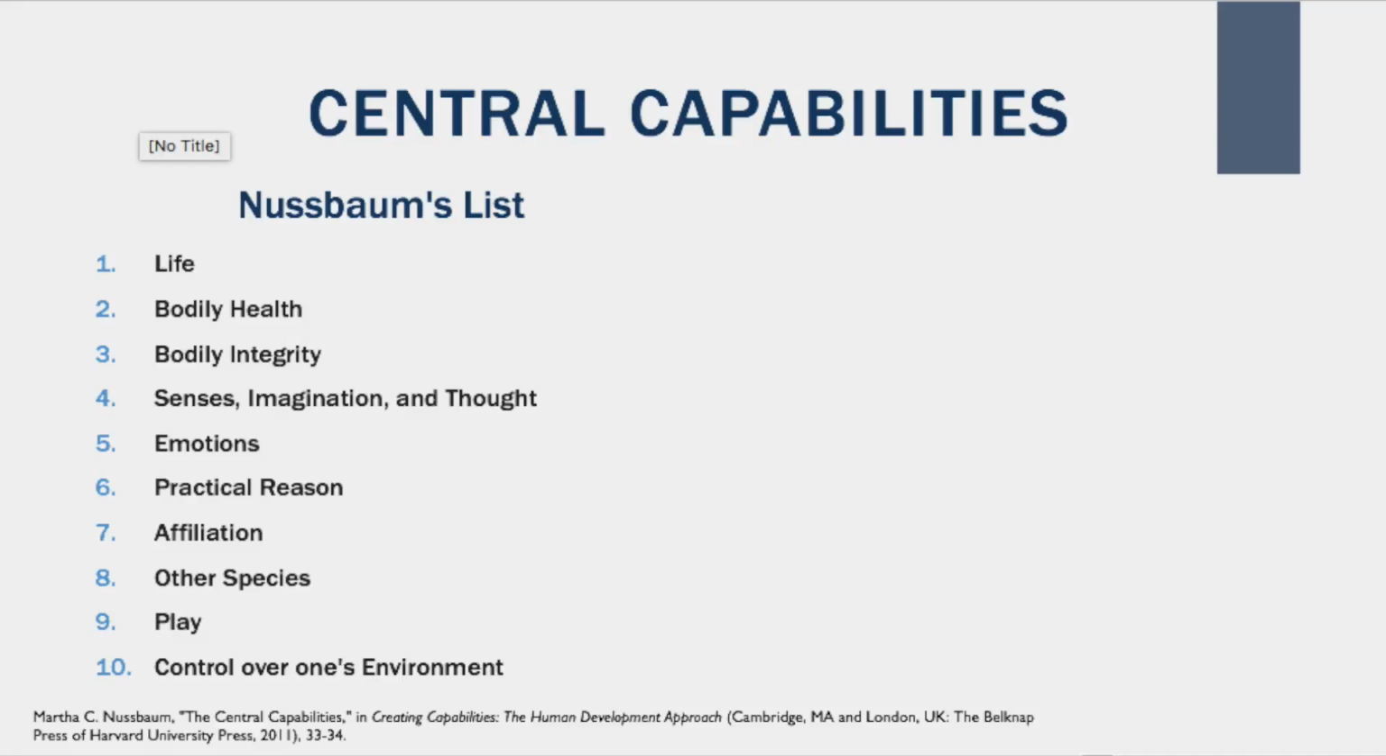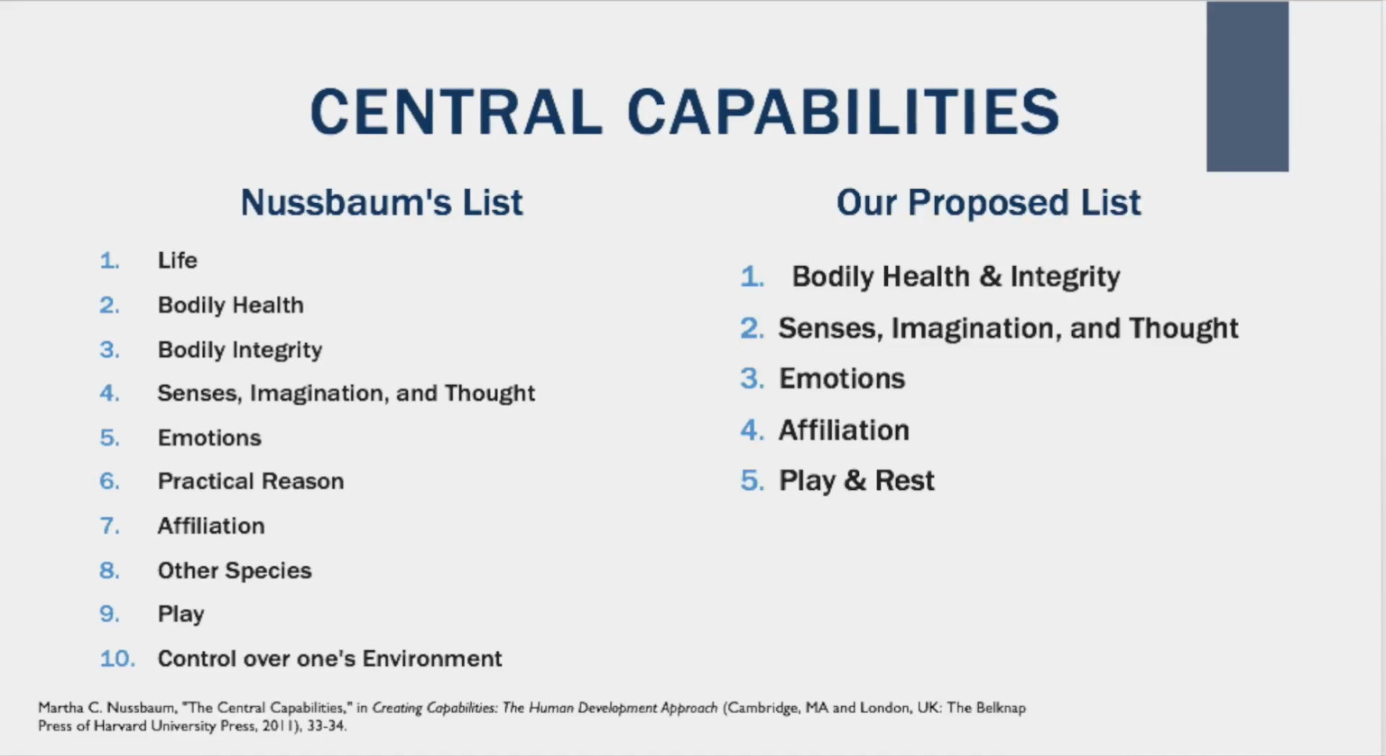However, we think the list should be condensed to the following 5 capabilities: bodily health and integrity, the ability to have access to good health and security against violent assault; senses, imagination, and thought, the ability to use the senses to imagine, think, and reason, to have access to basic education, including literacy, being able to express oneself creatively;